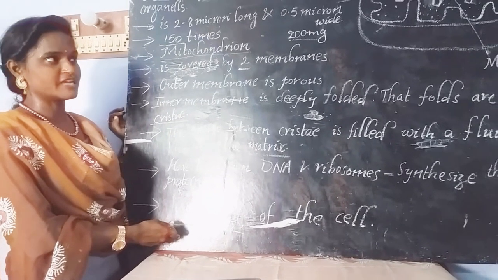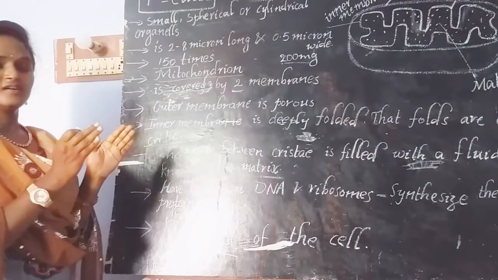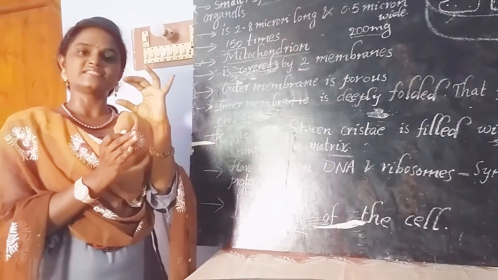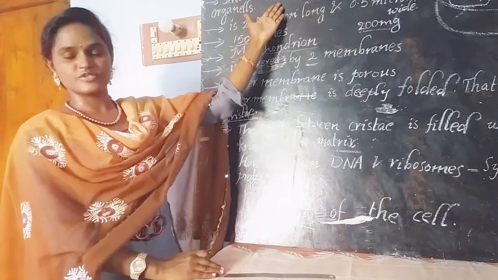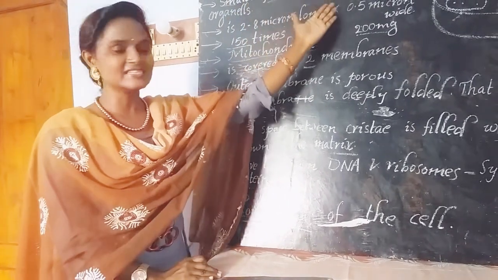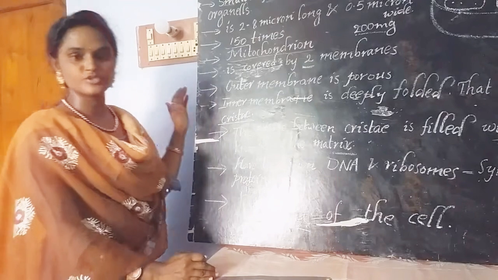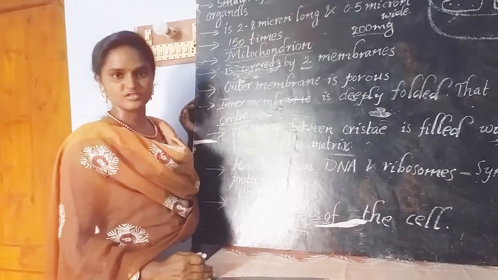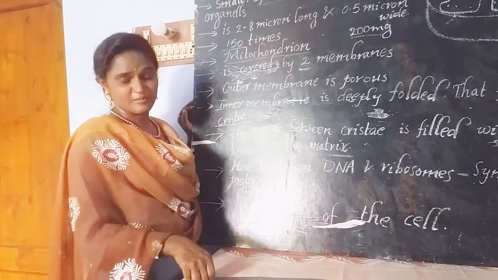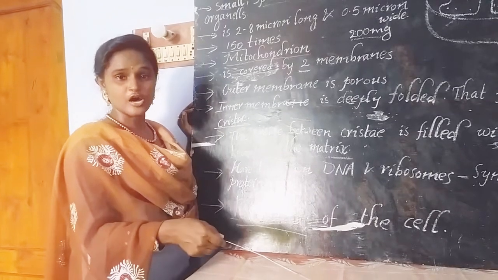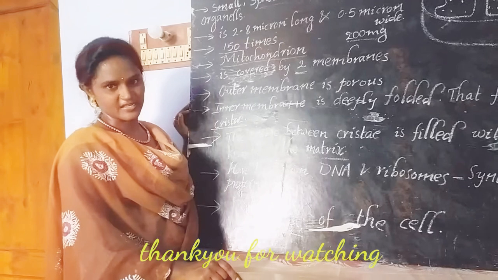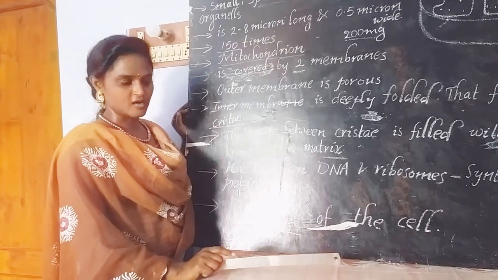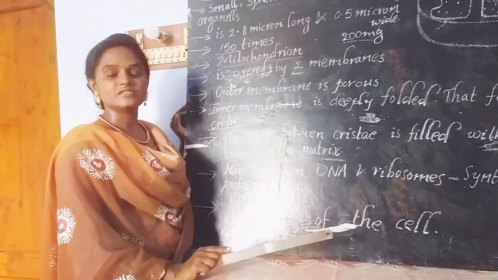Once again, recall the mitochondria. It's just a small cell organelle which is spherical or cylindrical in shape. If you observe the mitochondria in the cytoplasm, we mainly observe mitochondria that may be round, spherical, cylindrical, like that. The shapes may vary, and the mitochondria is 150 times